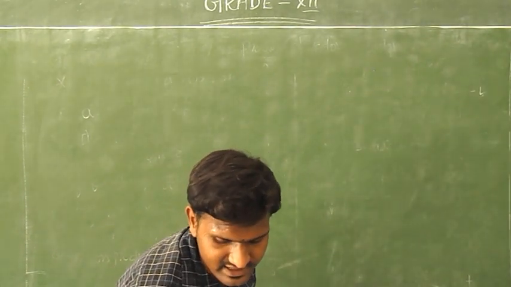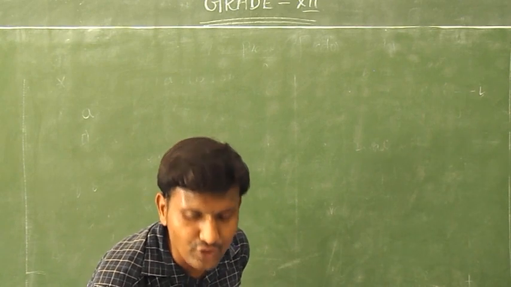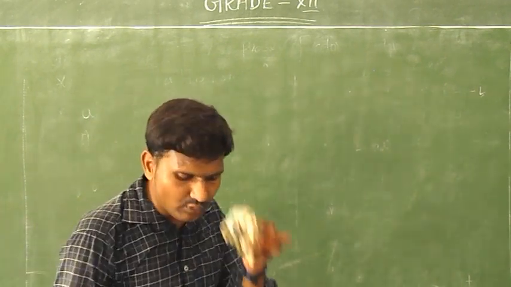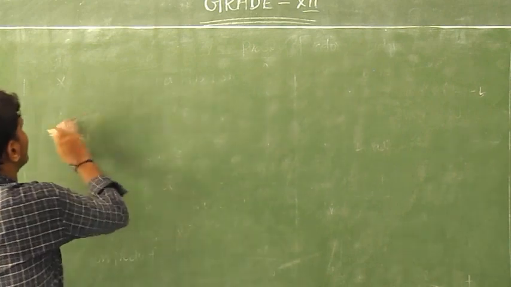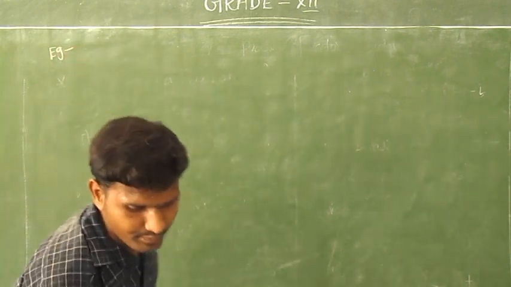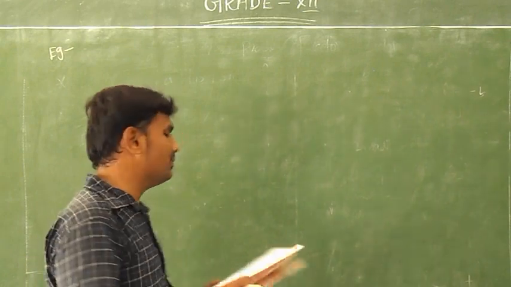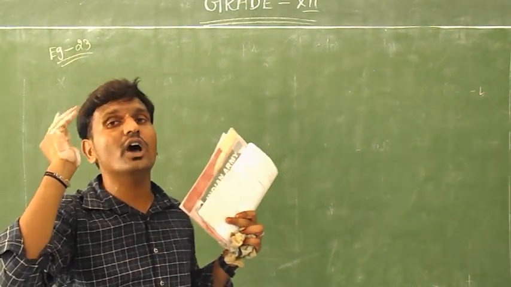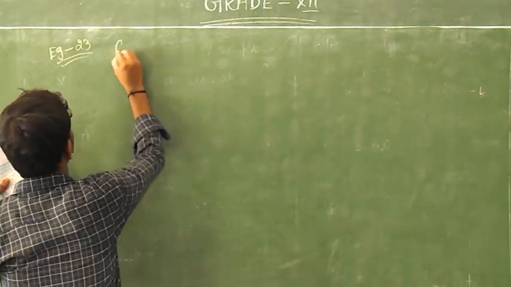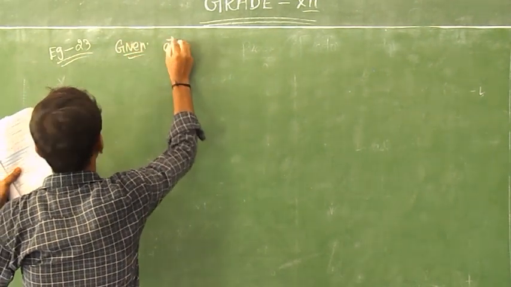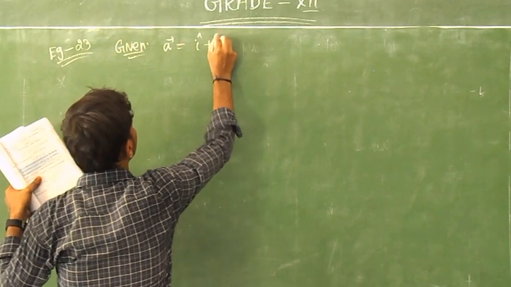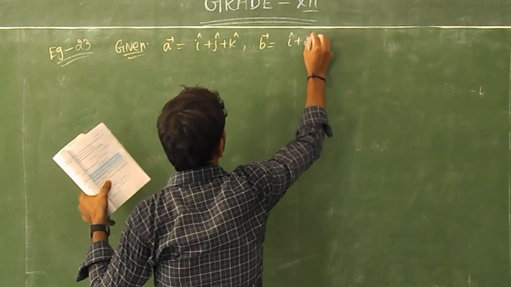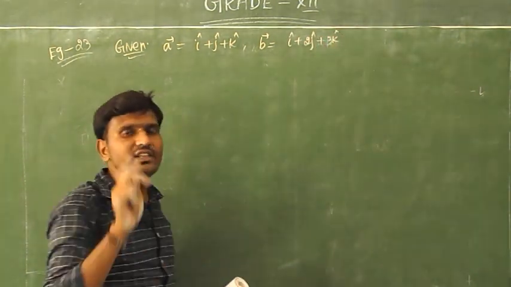Yes, students. Now in exercise 10.4, the first sum we already completed: find the modulus of a vector cross b vector. That one we completed. Now the second question, question number 2, and example 23 are both the same model. So I teach you now in example 23; the exercise sum is your homework. Okay. Now, what is given? See, a vector is equal to i vector plus j vector plus k vector, then b vector equal to i vector plus 2j vector plus 3k vector. So these are your two given vectors.